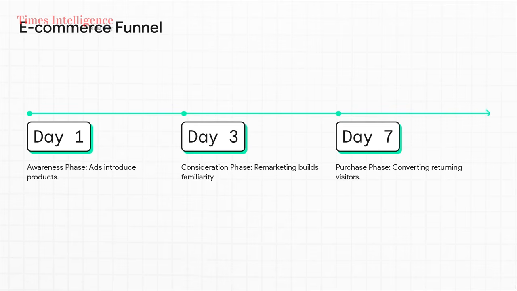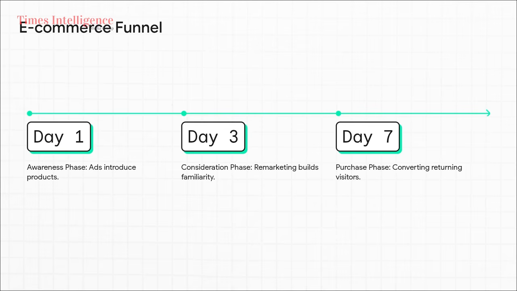Think of a shopper's timeline. First is the awareness phase. Let's call it day 1, where banner ads introduce products to completely new users who didn't even know your brand existed. Next is the consideration, or middle of funnel phase. Let's say it's day 3, and we use remarketing to repeatedly engage the user while they're reading the morning news,